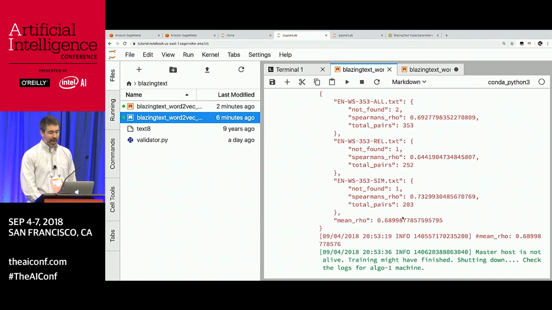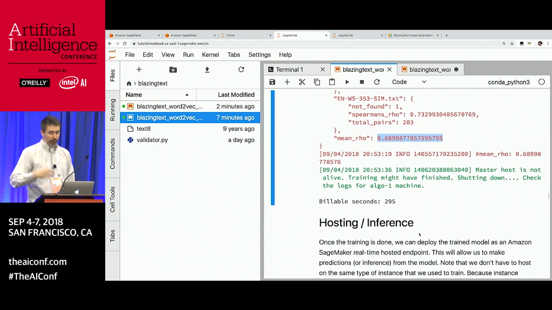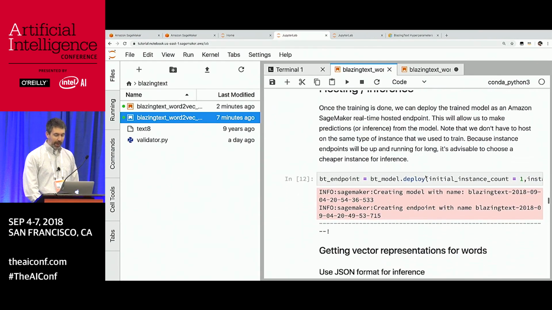And so we can say how well we did, how similar our vector representations are relative to similarities in words that are known from expert review. And so that runs for about 295 seconds. And so that's the billable time anyway. Again, we have to provision instances and tear down clusters here, so it takes a little while to run in the background. But once you have that,